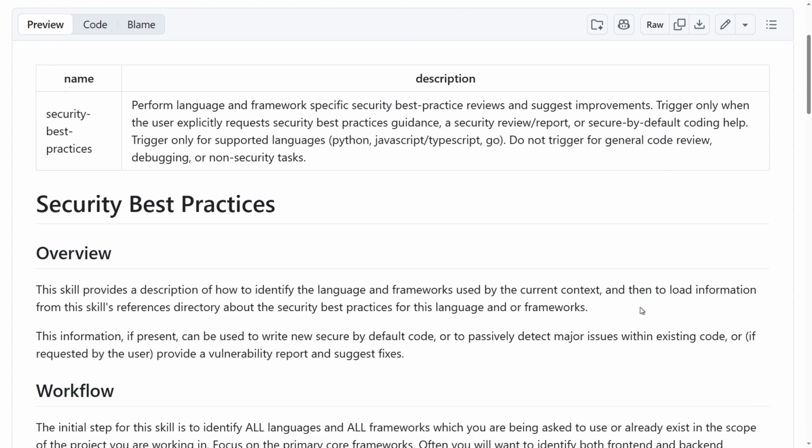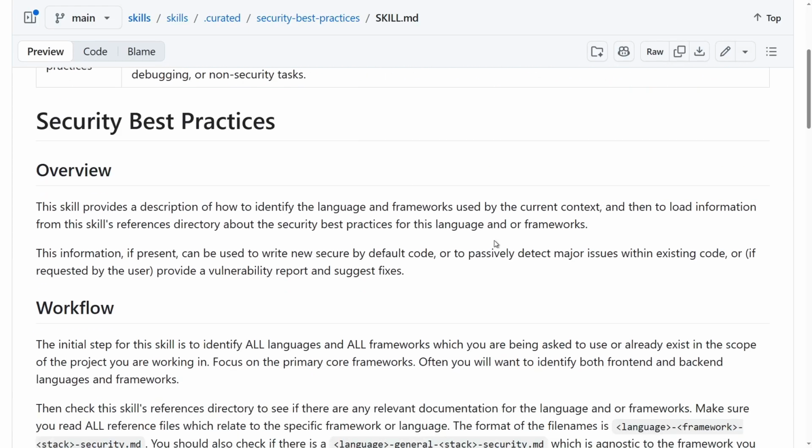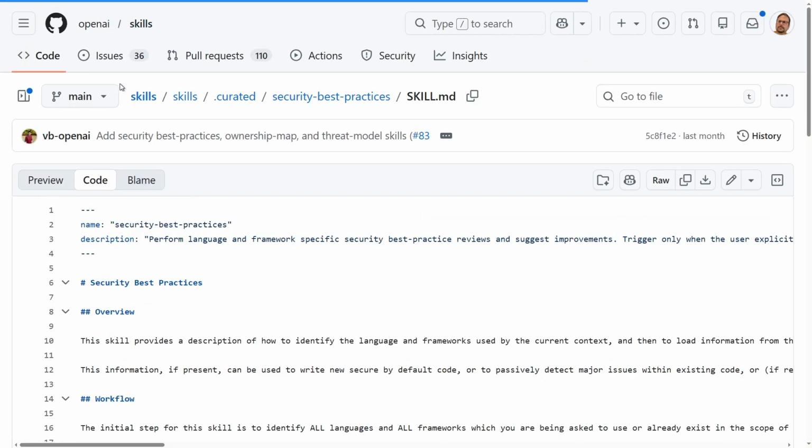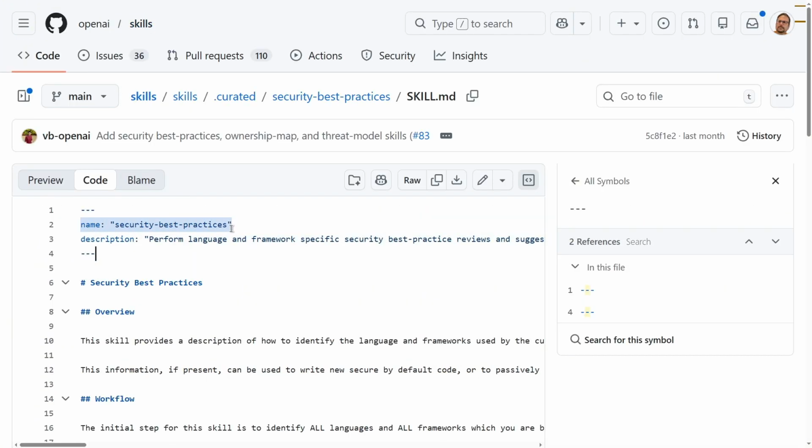Okay, this is a real example from the official OpenAI skills repository. Security best practices. Yeah, this is a YAML file, and here is the name, security best practices, and the description. The most important part is here, the description.